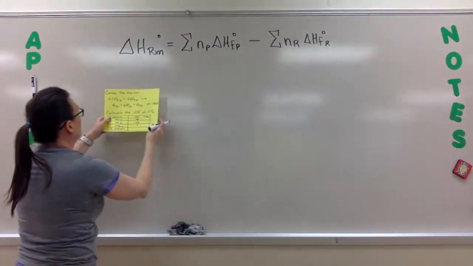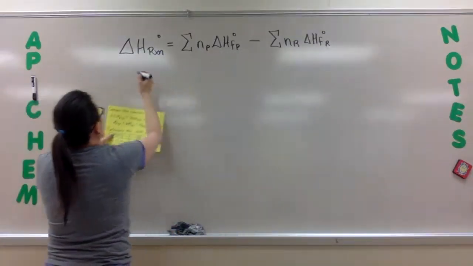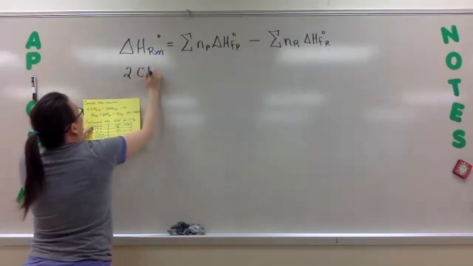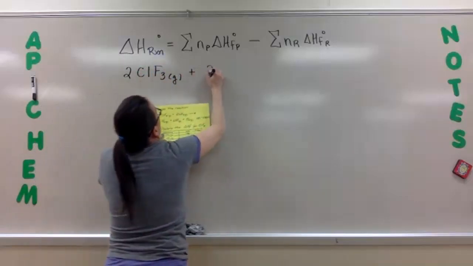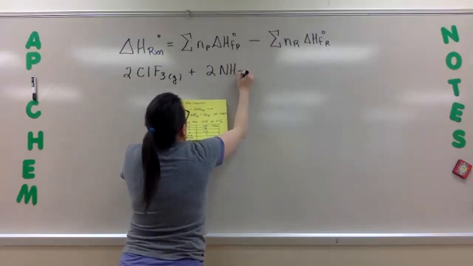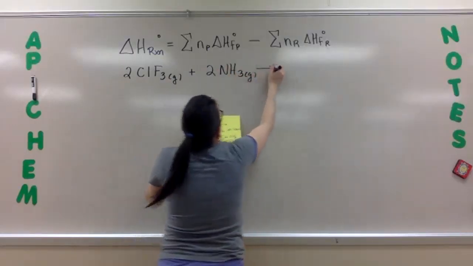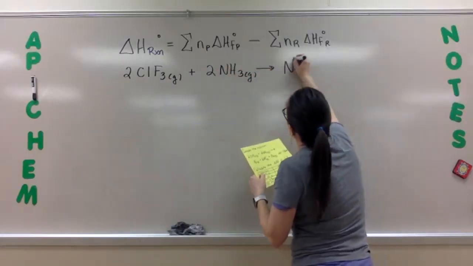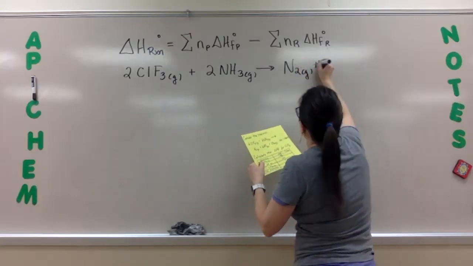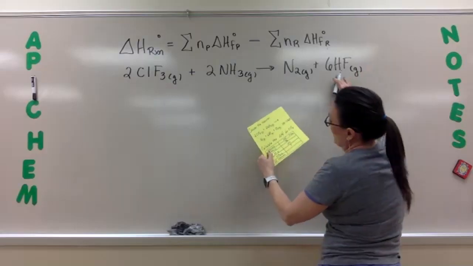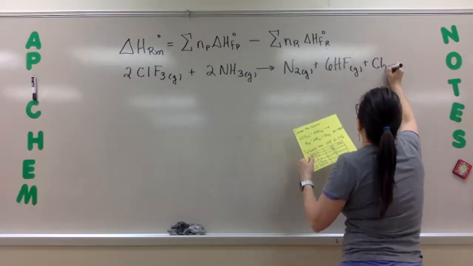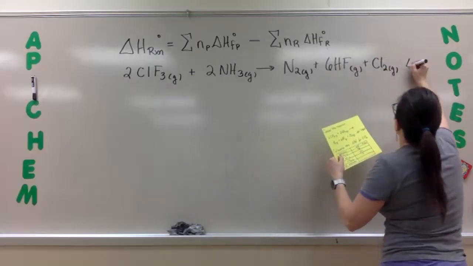So I'll just list the numbers that I gave you. Okay, so here's the reaction. 2 chlorine trifluorides as a gas are going to collide with 2 moles of ammonia gas particles, and they're going to produce nitrogen gas, hydrofluoric acid, sort of, or hydrogen fluoride gas, 6 moles of that, and chlorine gas. And we're trying to find